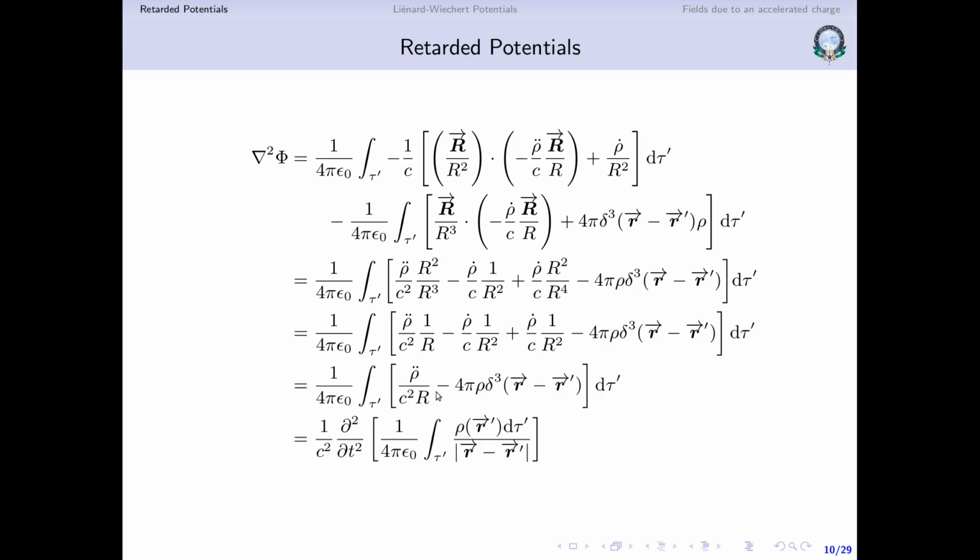Now these are easy to evaluate. Considering the first term, what do we have here? 1 by 4 pi epsilon naught, there is a 1 by c square. Then inside the integrand we have a second derivative with respect to time, and we have integration with respect to r prime. Now time and r prime are independent, so I could as well take the time derivative outside, so it will become a dou square by dou t square. 1 by 4 pi epsilon naught, I take it inside, integration of rho r prime d tau prime over r minus r prime.